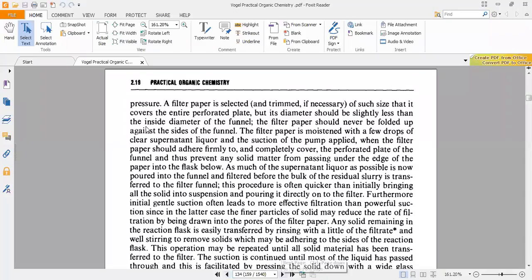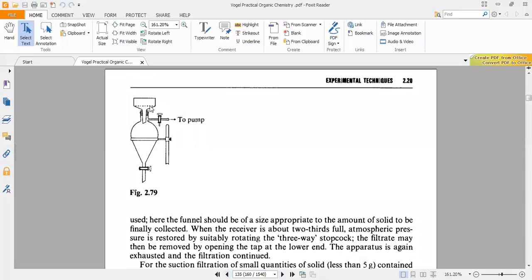Yes, this is a Buchner funnel. It has pores present here. This is a porous material. We put a filter paper here, then solvent, and then the solution, and then we perform this under suction. This is going to the aspirator. So vacuum generates here, and filtration takes place very quickly.